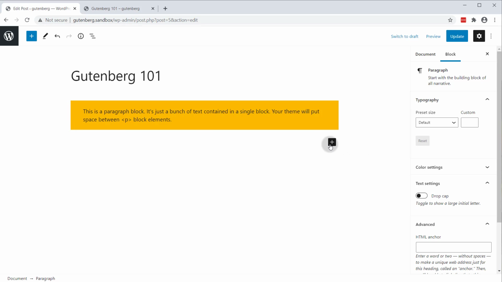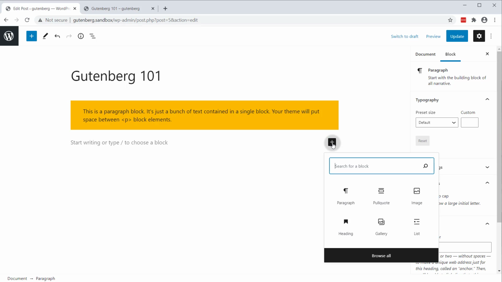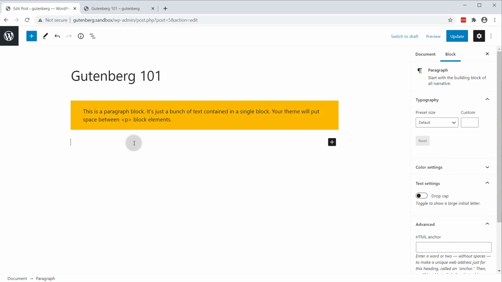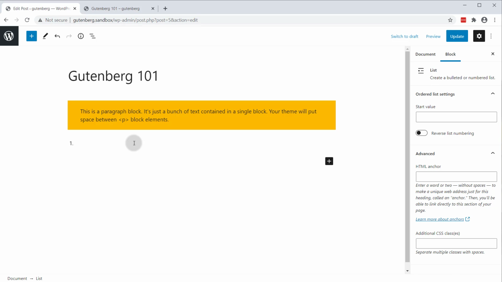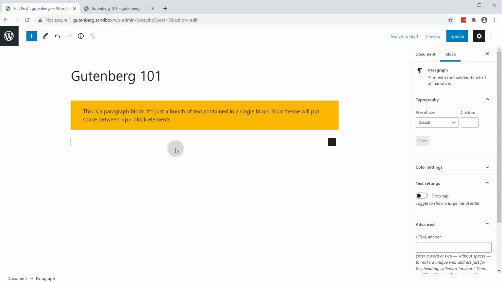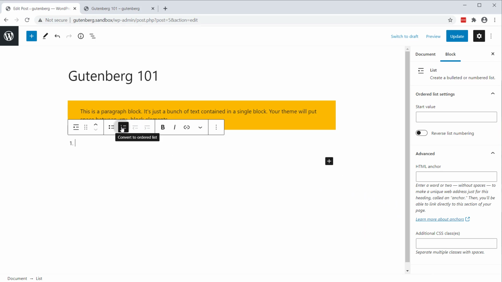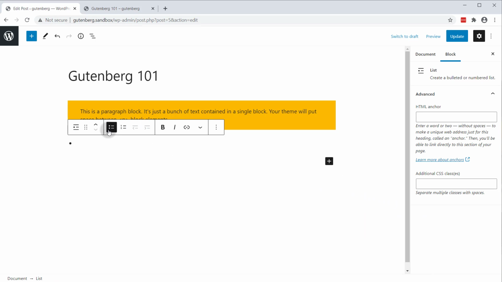So the next type of block you would create very frequently would be a list block. You can just click add block and then type list. But a shortcut way to add the blocks you want is to go asterisk space for a bulleted list, or you can go number 1 space and it'll automatically create a numbered list. And then if you choose it from the list block, you can choose numbered list or a bulleted list just like so. And so this is a list item,